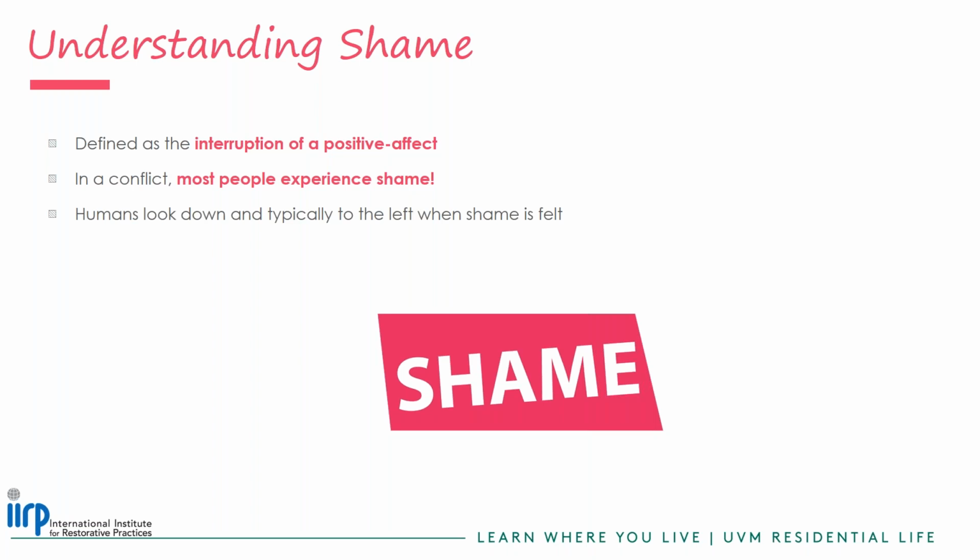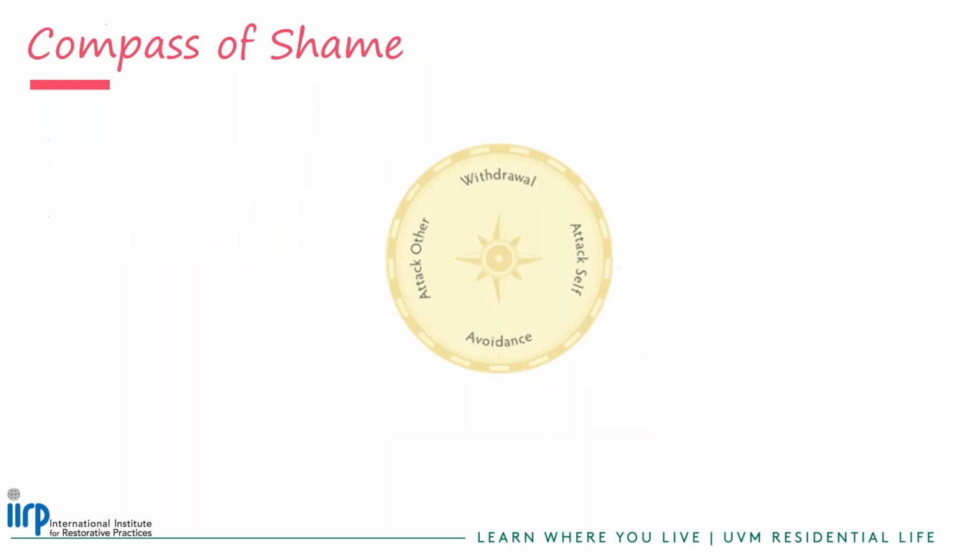Now, the way we explain this for our RAs and help them conceptualize it is that there are 4 basic reactions to shame, which we call the compass of shame. Taking our alcohol situation, for example, there's withdrawal. That's isolating oneself, running and hiding. In the moment, that's the student that the RA knocks on the door and they go hide in the closet or under the bed, hoping that the RA doesn't see them and they can avoid that documentation.